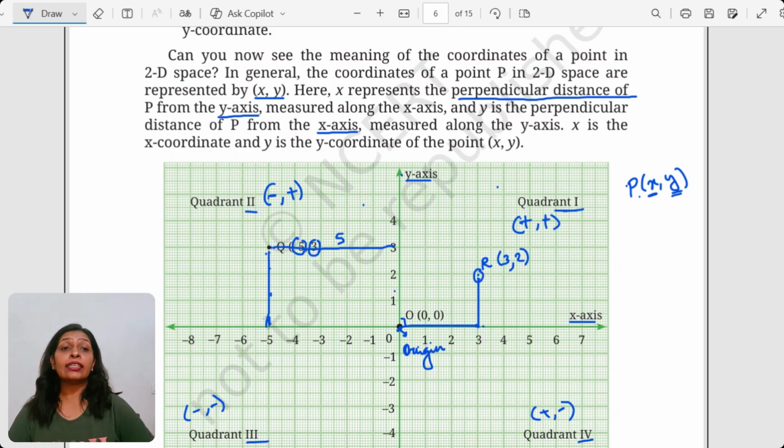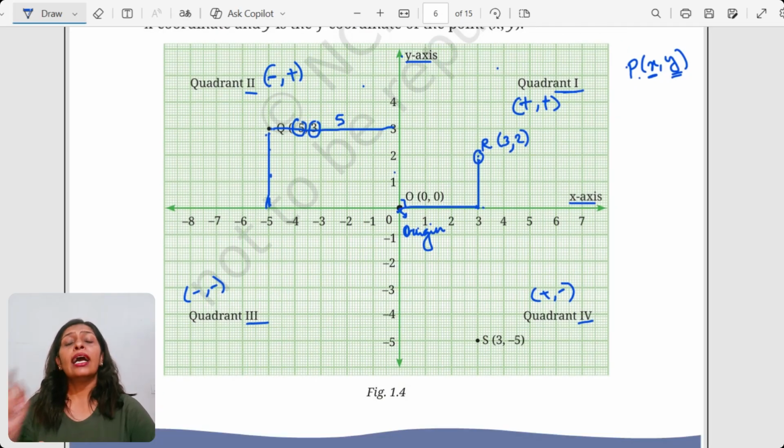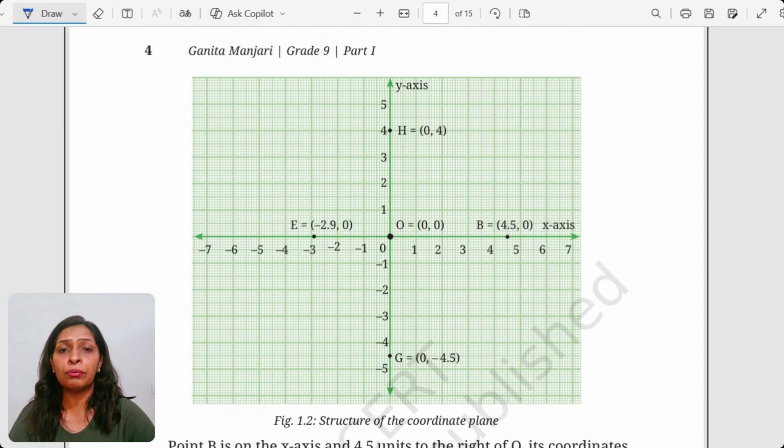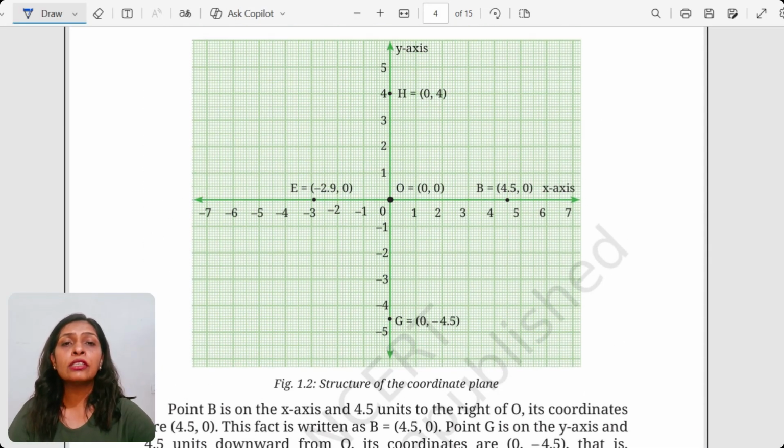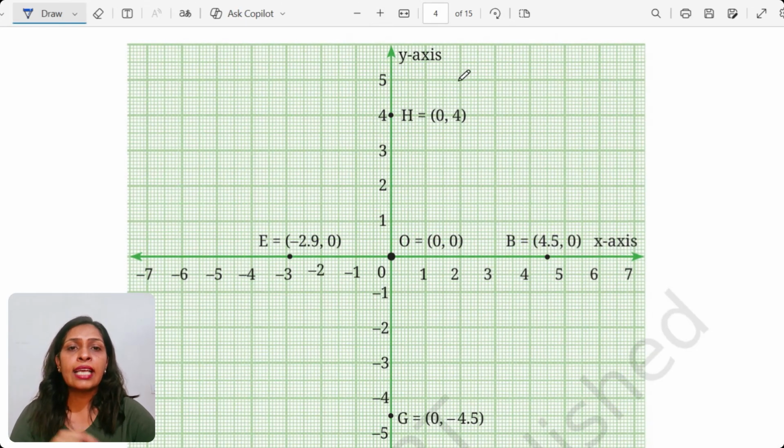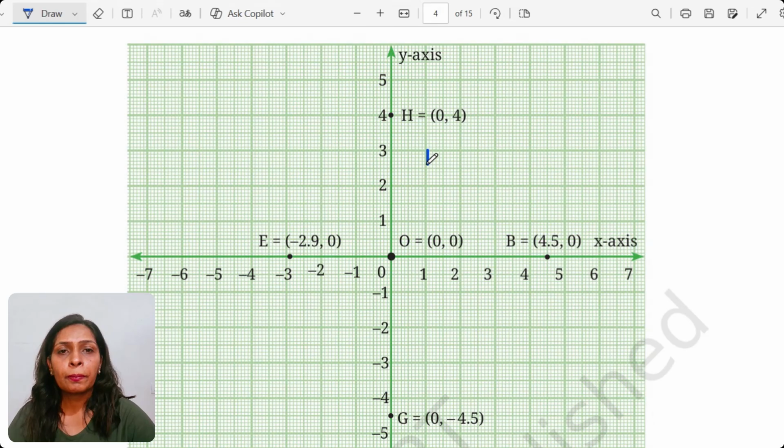Never forget that these small pointers will help you in scoring your MCQ 1 marker questions and understanding this Cartesian plane as a whole in a better way, right? So this is very, very important. Again, my dear, I want you to understand that when you plot on this Cartesian plane, we have to be very, very careful how we are plotting these points, because we have observed that many times students make mistakes here. See, if you look at your graph, it has darker lines, right?